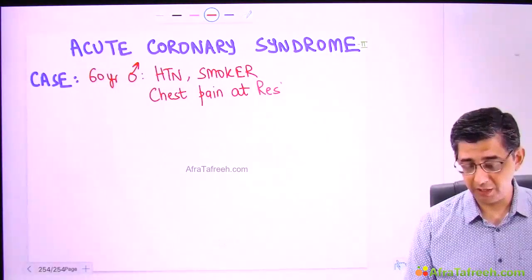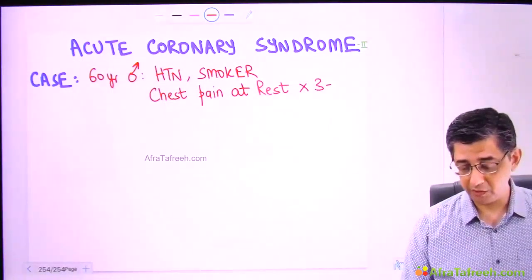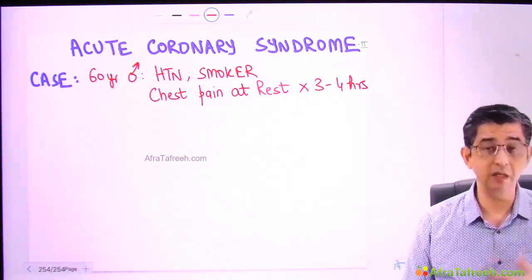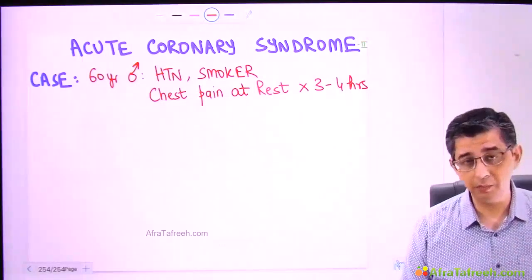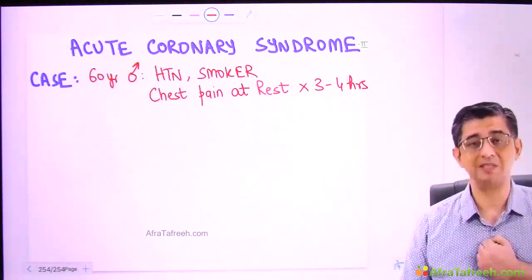Either he can write the word Levine sign, or he can just write chest pain at rest in an individual. The point is, the chest pain will be very oppressive. In fact, in some cases, the pain can be so bad that he can even end up with vasovagal syncope. So this person is putting his whole hand on his chest or a fist on the chest to describe the oppressive